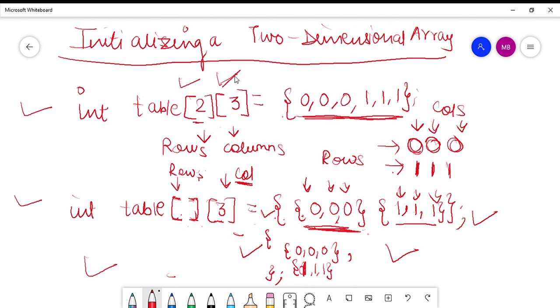I'm sorry, if you are initializing the array at the time of declaration, then you do not need to give the first dimension. That means you do not need to give the size of the number of rows. You only need to give the size of the number of columns.